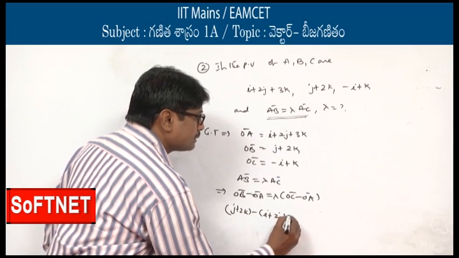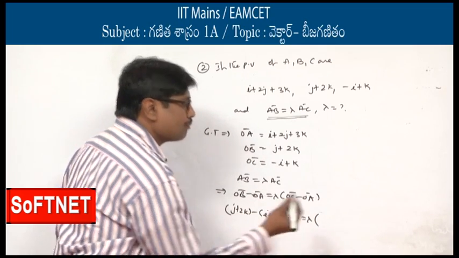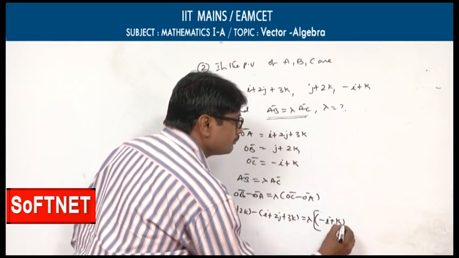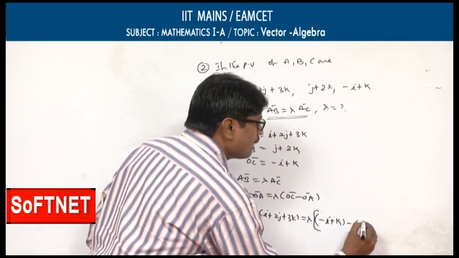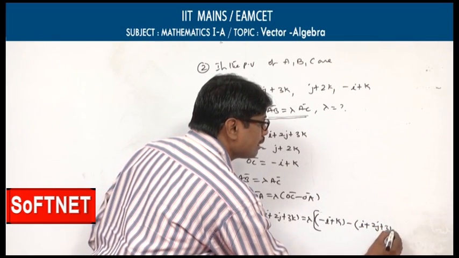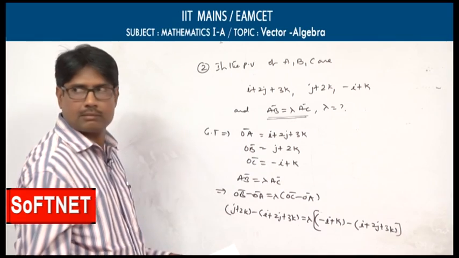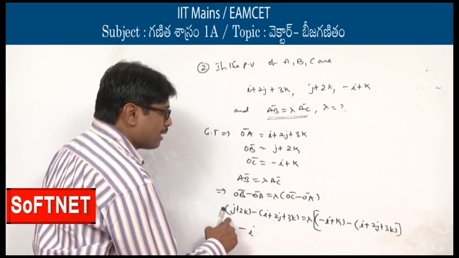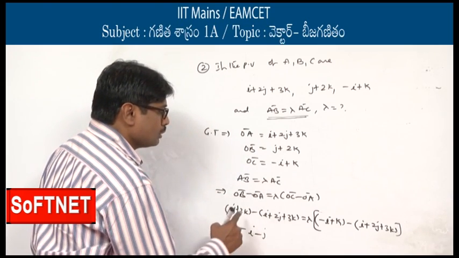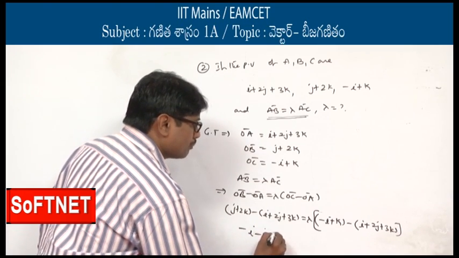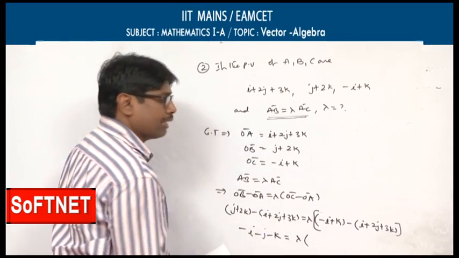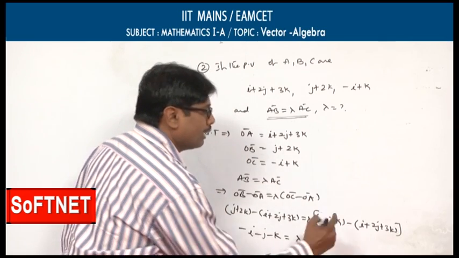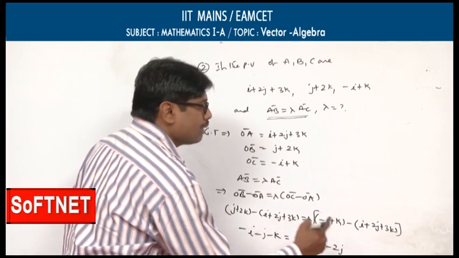OB bar is nothing but J bar plus 2K bar, minus OA bar, which is I bar plus 2J bar plus 3K bar, is equal to lambda times OC bar, minus I bar plus K bar, minus OA bar. OA bar will be I bar plus 2J bar plus 3K bar. Apply the vector addition and subtraction. So, J bar, it is minus I bar, J bar minus 2J bar, minus J bar, 2K bar subtracted by 3K bar, minus K bar is equal to lambda times of minus I bar minus I bar, that is minus 2I bar, and it will be minus 2J bar,